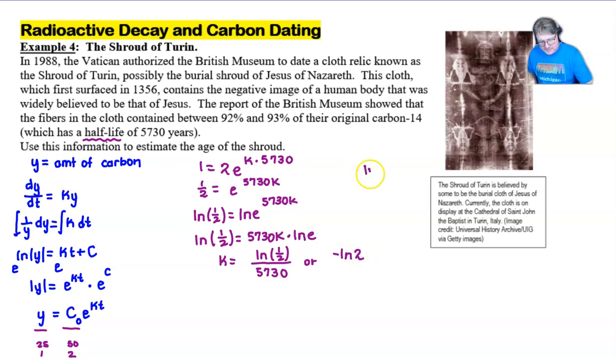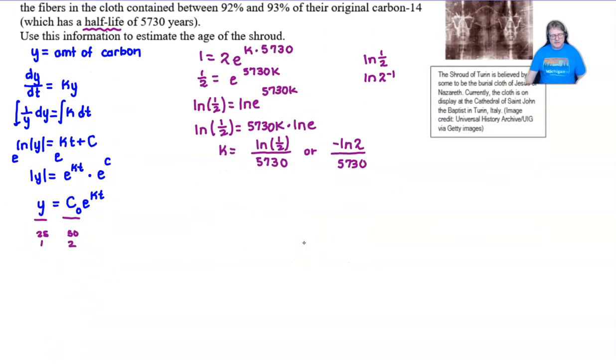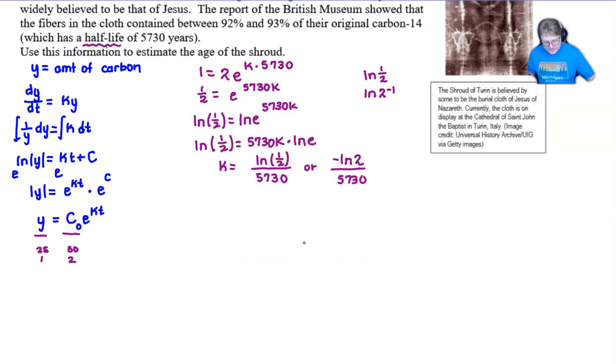How is that possible? Well, the natural log of a half is like the natural log of 2 to the negative 1 power, right? 1/2 is 2 to the negative 1. And remember the rule about the exponent coming out in front. And so it's just another way to write it. Whether you think it's better looking or not, that's really entirely subjective. So we're on our way, guys. We have this value of k. That's going to start getting things moving for us here as we start to figure out how old is this